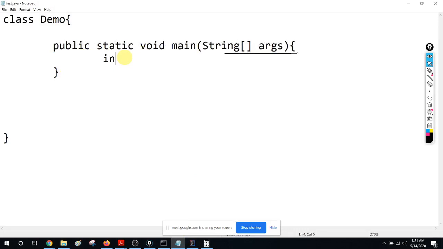Right? If you have int x, so this is 1_234. So if I print it,